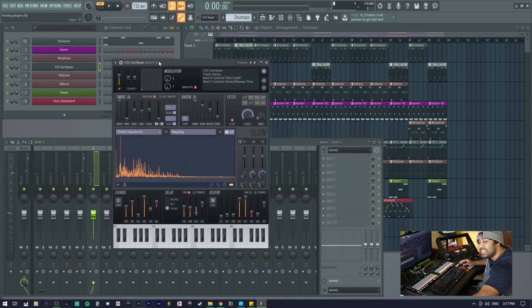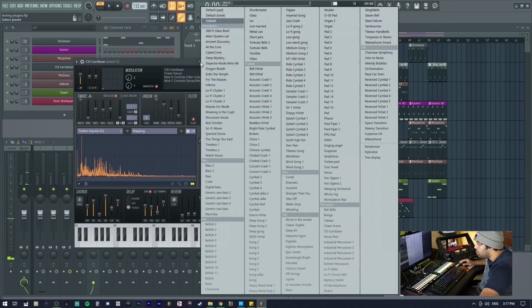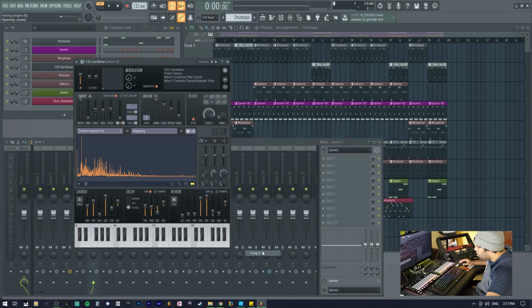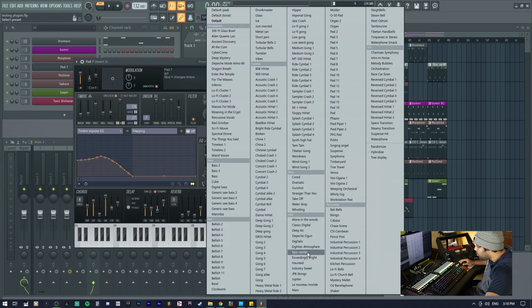Next, we got Ogun. This is a percussion instrument, in my opinion. That's what I'm using it for. But you can see there's a whole bunch of percussive, what's the word? Definite pitch? Or is it indefinite pitch? I confuse myself. But these are sounds like a crash, a cymbal. You got the gongs. You got endless amounts of gongs right here. We got imperial gongs. We got gong 4. But I honestly feel like this is more of a percussive sound program, if you want to use it like that.